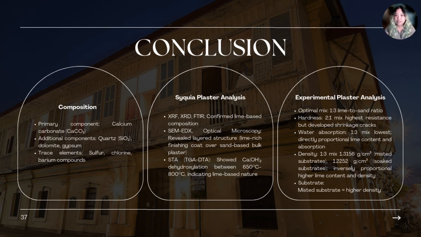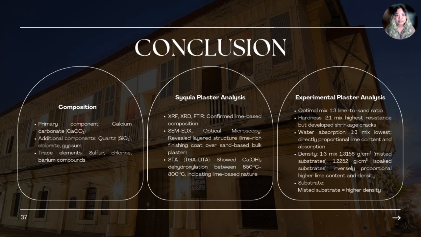STA or TGA-DTA results confirmed the dehydroxylation of calcium hydroxide between 650 and 800 degrees Celsius, indicating its lime-based nature, while minimal weight loss beyond 800 Celsius suggested low carbonation levels. The presence of sulfur, chlorine, and barium compounds pointed to historical additives or environmental influences, further highlighting the complexity of the plaster composition. These findings provide a strong foundation for selecting restoration materials that align with the historical and structural